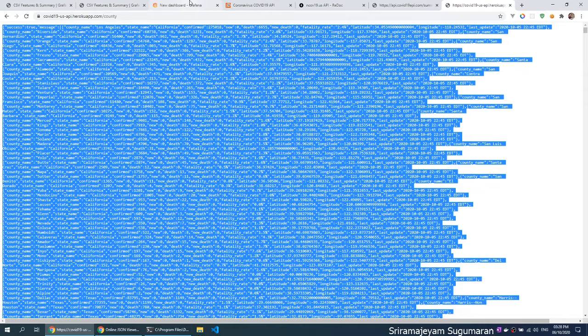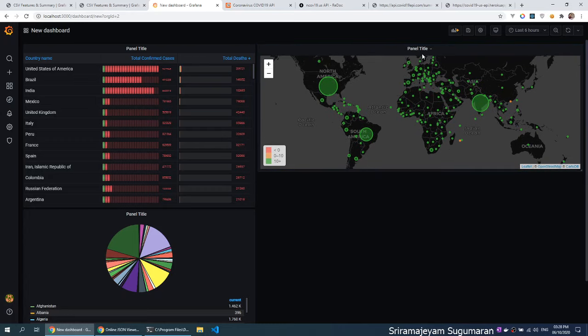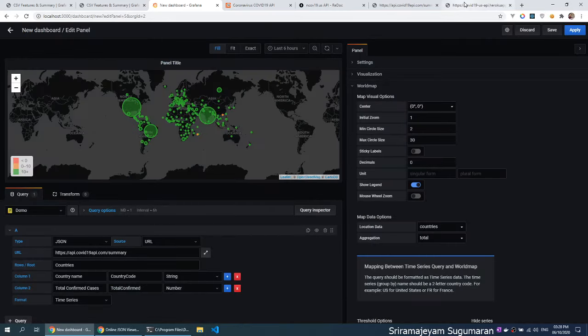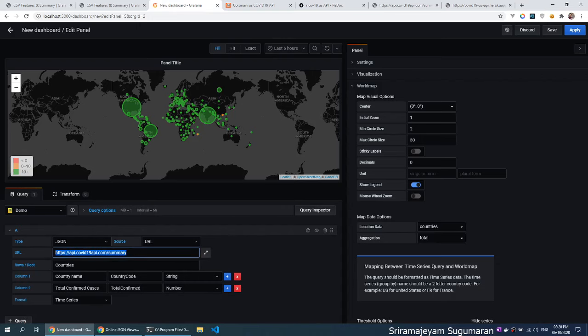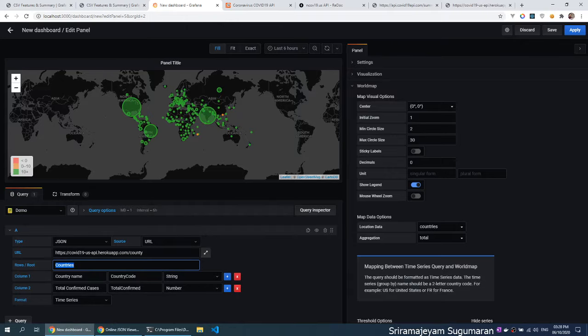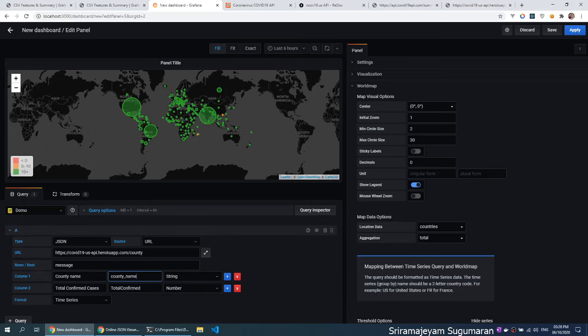What I'm going to do is again resize this. Duplicate, edit, and here let's paste our new URL, the county URL. So instead of countries we will be using message here, and county name is our county name.